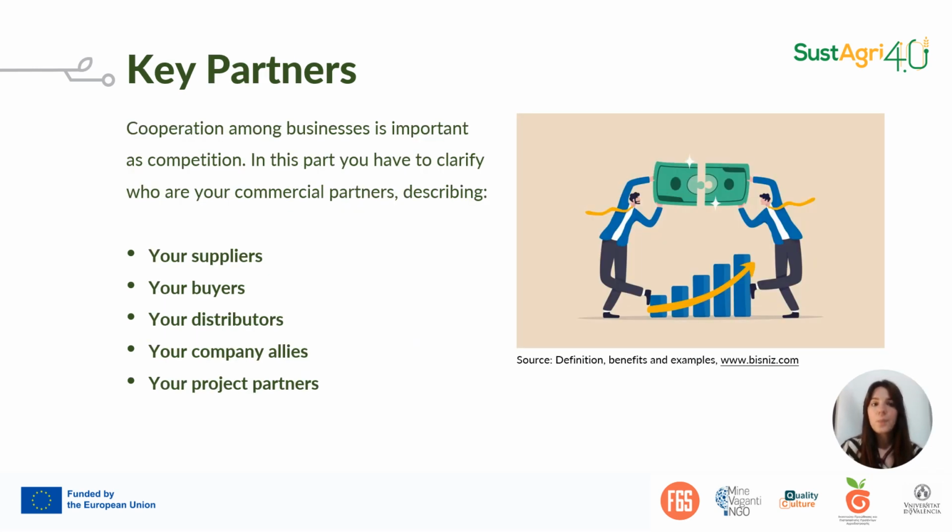So what about your stocks, your cash flows, your availability, and maybe your funding? Never forget about the cooperation. Cooperation is strictly important if you are talking about improving your business. So trying to create alliances and also trying to understand who your commercial partners are will help you to clarify this important part of the model.